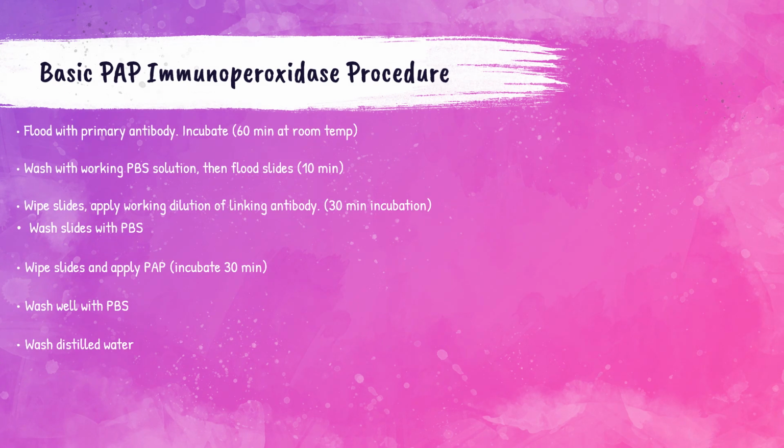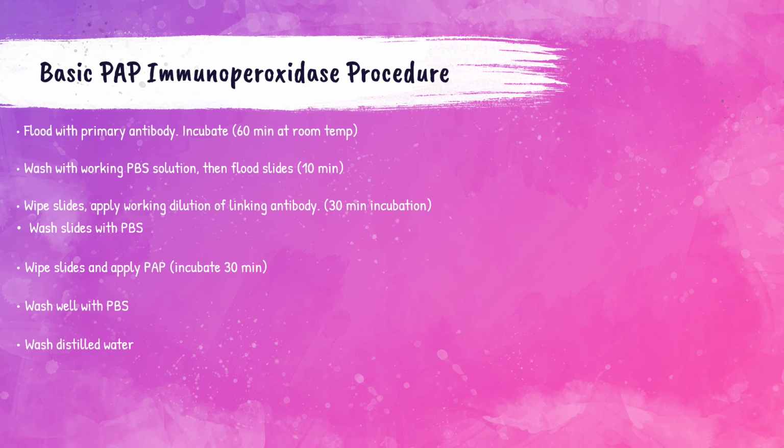After the excess blocking serum is shaken off from the slides, you want to flood the slide with primary antibody and incubate at room temperature for 1 hour. After the 1 hour period, you want to wash with working PBS solution and then flood the slides with it for 10 minutes. After the 10 minutes is over, you'll want to wipe the slides and apply working dilution of